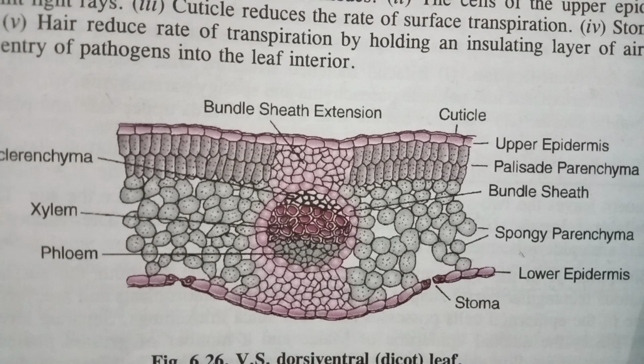Hello everyone. So again today let's discuss the next topic of anatomy of flowering plant, that is the types of leaves, okay, and the internal structure of monocot and dicot leaf. So when we are talking about types of leaf, so definitely we find dorsiventral, isobilateral and unifacial leaves. So based on their different positions, their structure, these are divided into different types.